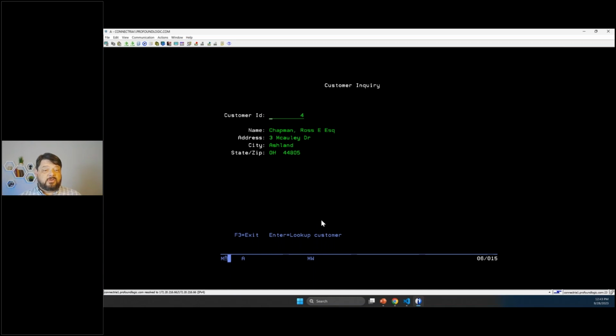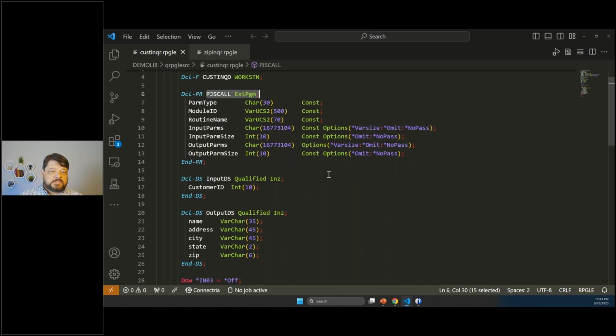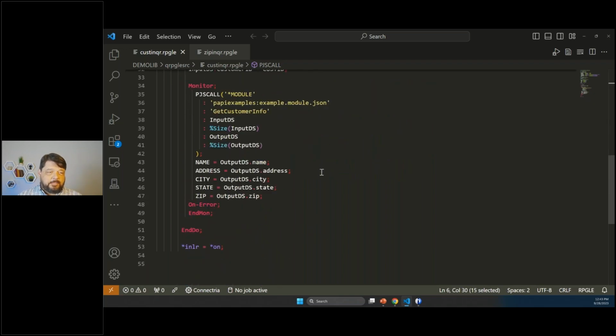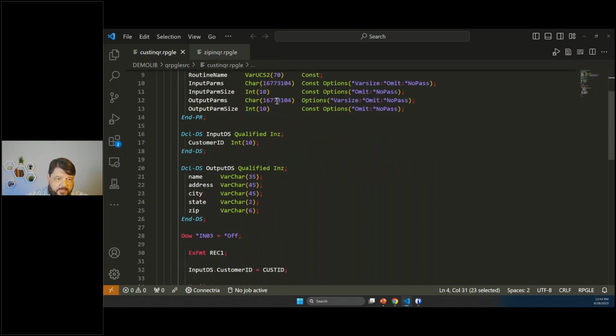So in this green screen program, I said, okay, this is the customer I want. And it actually called our Profound API routine, which then queried our external database and got the data for us and then returned it back to our RPG program. What's the code for that look like? It looks like this. So 90% of what you see on this screen is copied directly from the IDE in that example. The only thing I had to add was, of course, my green screen display file.